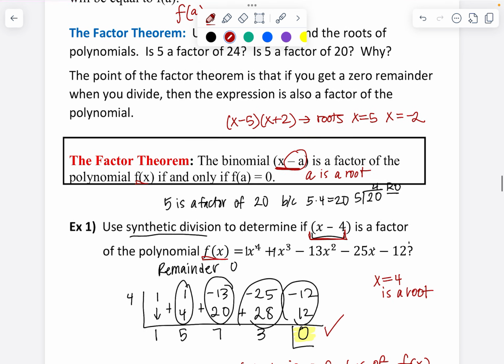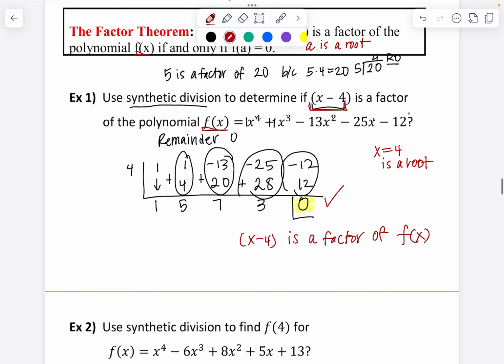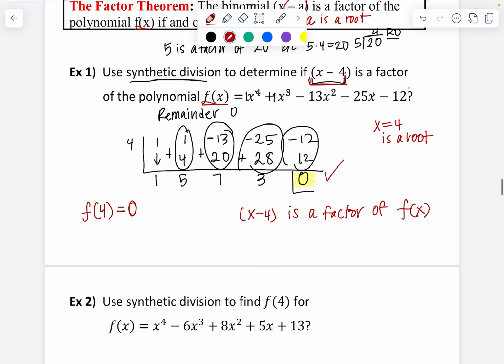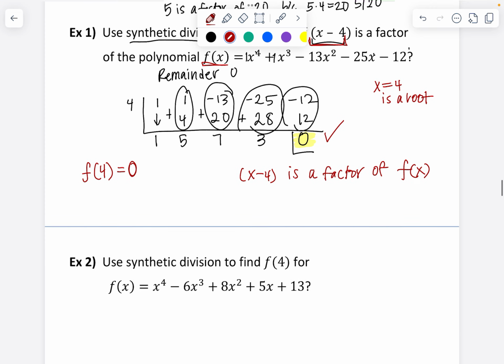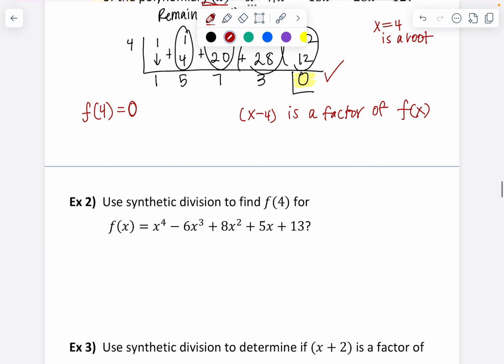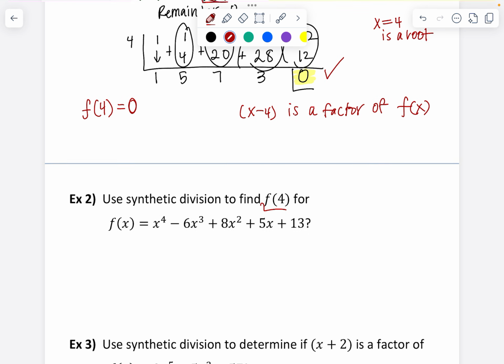So, for example, on example 1, the remainder was 0 when we divided by x minus 4. And so if I were to plug in 4 to the polynomial, I'm going to get 0 as an answer. And so we can also use synthetic division to solve for what f of 4 is by just using synthetic division. Okay, and so it's going to be the remainder